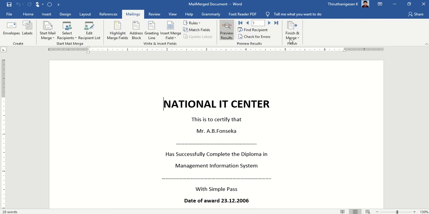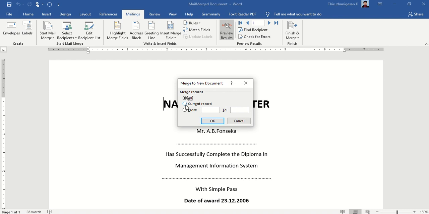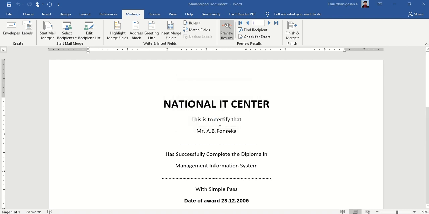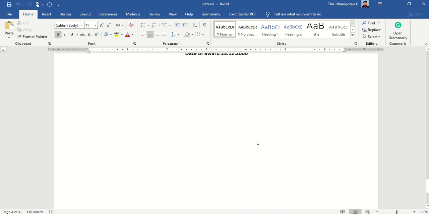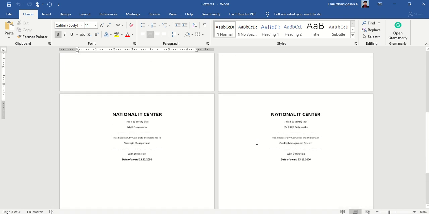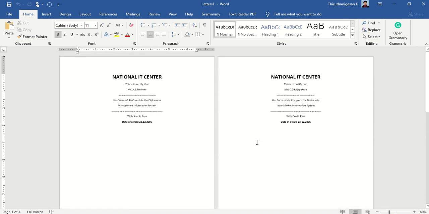Finally, if you want the individual documents, that means with 4 data records I want 4 different certificates, just click on edit individual documents. All the documents, now just give OK. Now you can see you will get 4 individual documents. So the 4 individual certificates you will have.